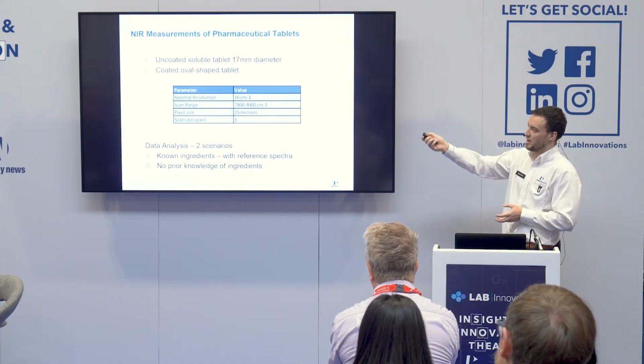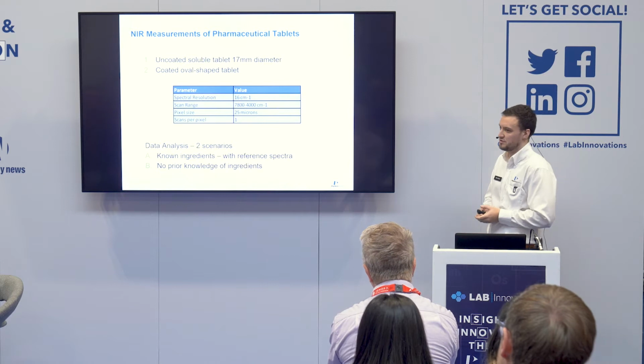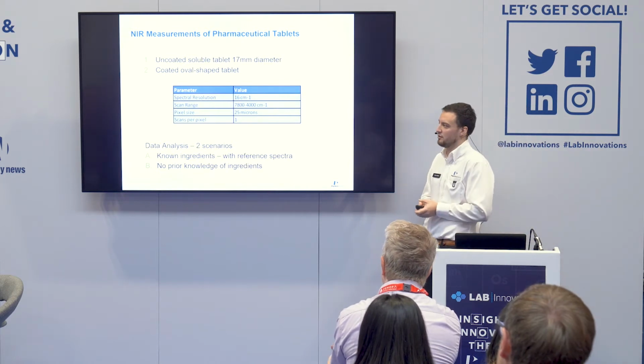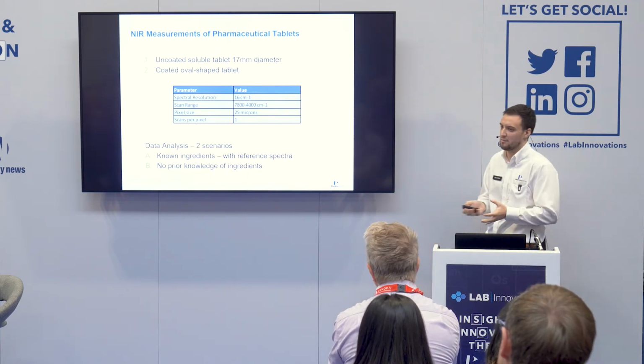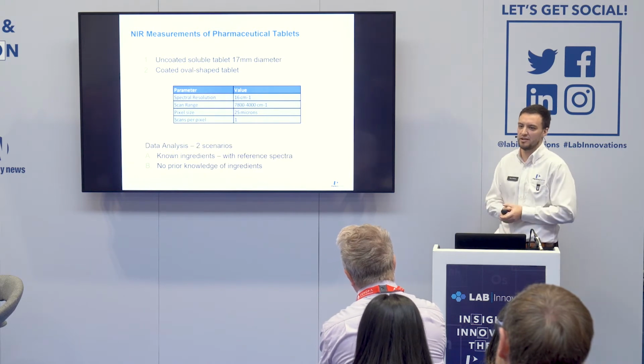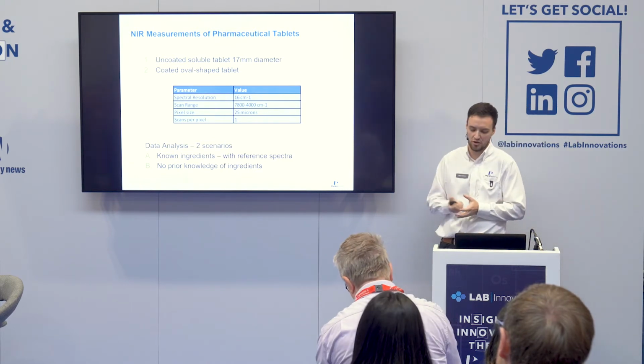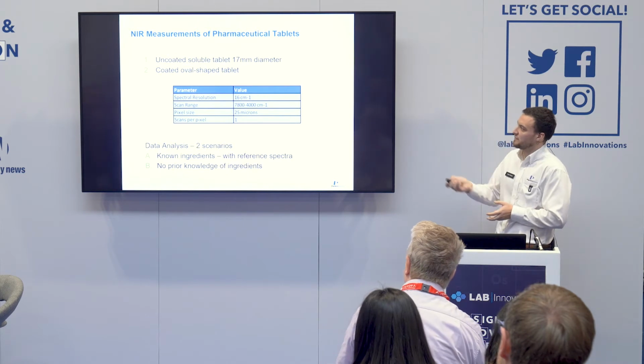We can go smaller in terms of pixel size. We use 25 microns. You can go smaller down to 2 or 3 microns. But in general, for tablet analysis, the APIs, they're in the size in the tablet, you don't need to go that small. And then, so we have these two